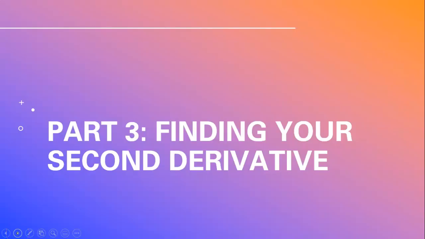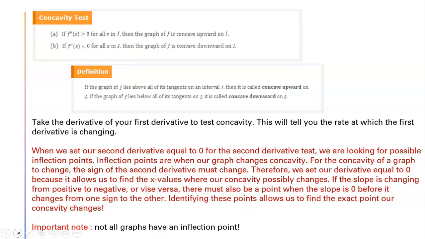Part 3. Finding your second derivative. So when we set our second derivative equal to 0, for the second derivative test, we are looking for possible inflection points. Inflection points are when our graph changes concavity. For the concavity of a graph to change, the sign of the second derivative must change. Therefore, we set our derivative equal to 0 because it allows us to find the x values where our concavity